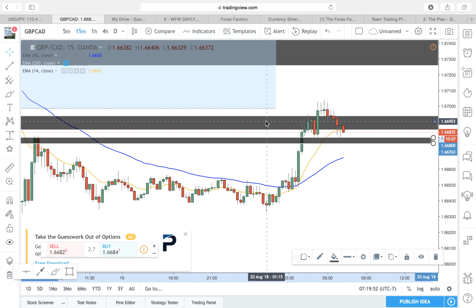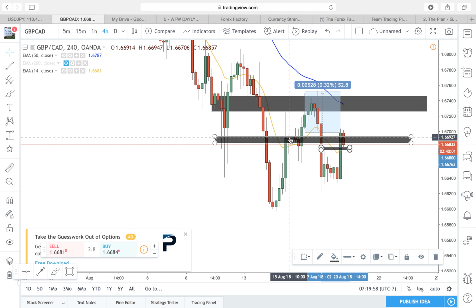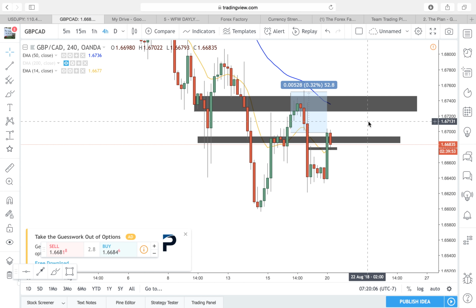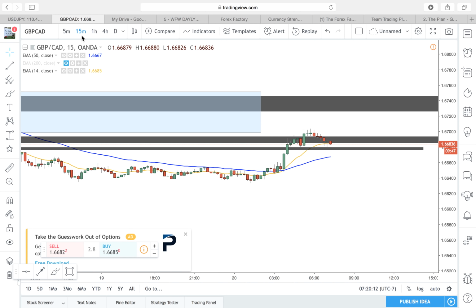I do anticipate GBP CAD going bullish just based off of 4-hour momentum being closing above resistance. It's above resistance. So this is probably just huge liquidity. I could be wrong, just based off of the news, because news can change everything. But this is definitely probably just liquidity before a really big push going bullish. So I am looking for it on GBP CAD as well.